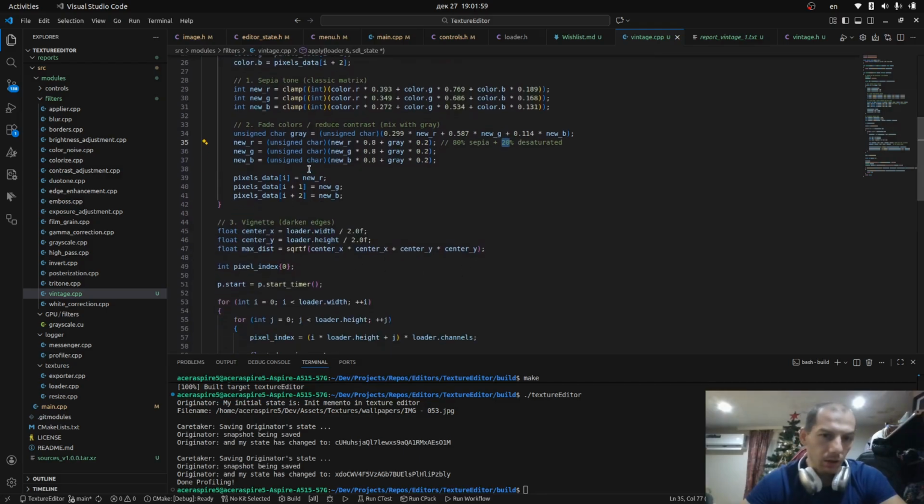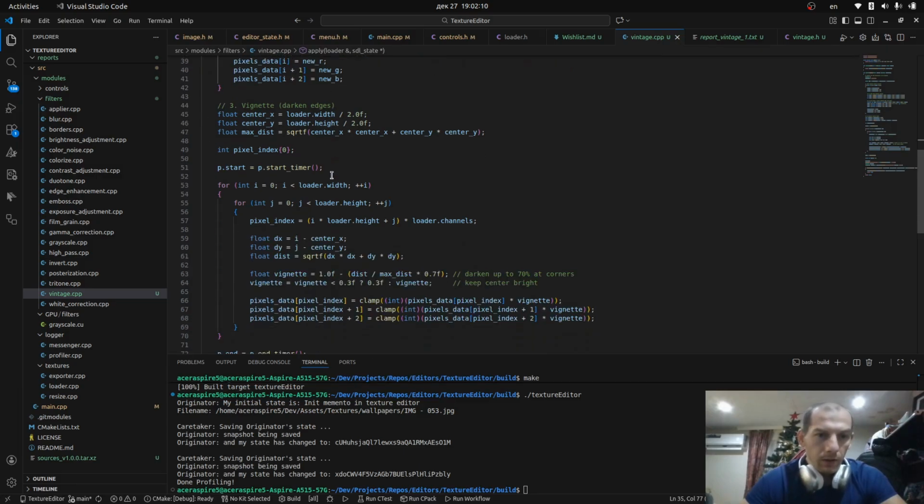And here the new colors of the gray based on this ratio is converted over here, and then darken edges,